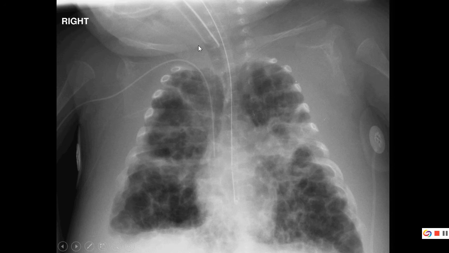So here's an x-ray of an infant with BPD. Do you guys see anything wrong with this x-ray? Oh yeah, so our respiratory therapist, the tube's high. If you draw a line across the clavicles, a lot of people would define that as the thoracic inlet. Your endotracheal tube should be below, the tip of it should be below the thoracic inlet, probably right around T2, right about there. So yeah, the tube's too high. This is a PICC line in the right arm that looks in decent position. This feeding tube looks too high. That should be inserted. So those are all things that are wrong, but mainly I was trying to focus on